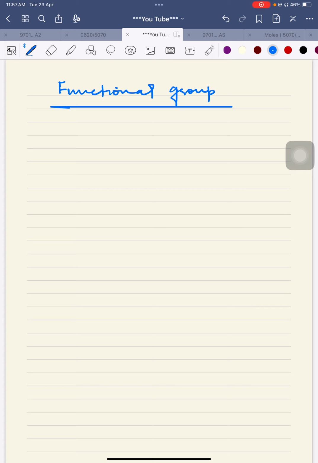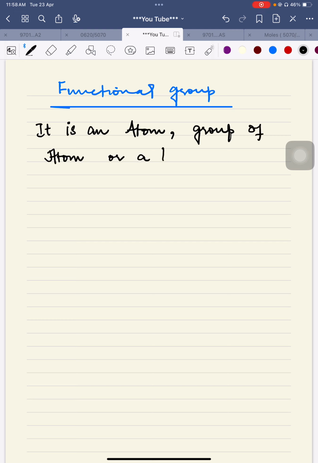Okay, a functional group can be an atom, a group of atoms, or a bond